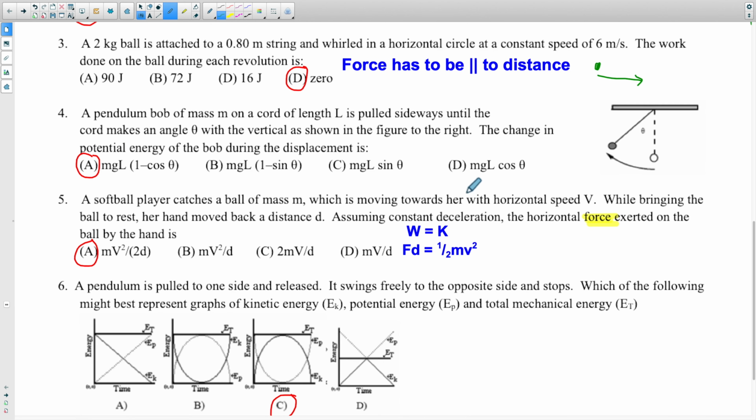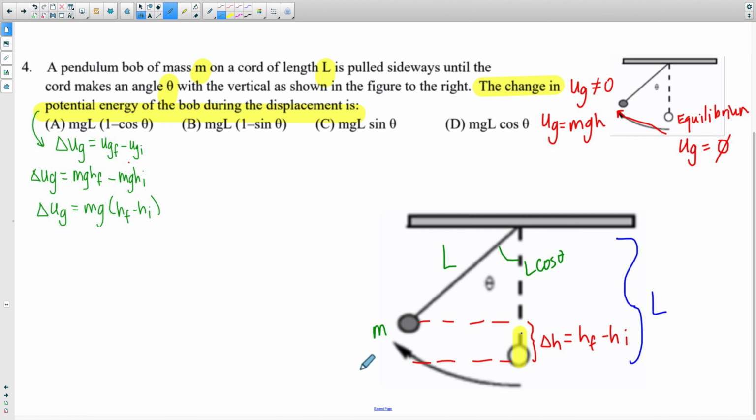Number 4, we went over together in class. I'm going to move over to another screen where I showed some of that work. These are notes from class the other day, but what we talked about is that we need to find this distance, which we're calling the delta H. If we use our setup for change in gravitational energy, then we come up with this. And at that point, we're almost done